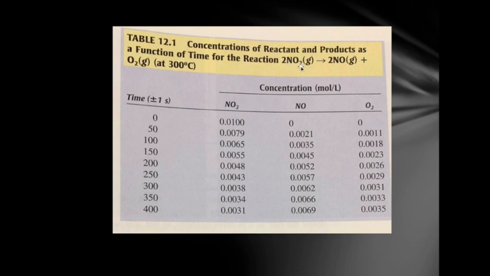2 moles of NO2 yield 2 moles of NO plus O2. You should recognize this as a decomposition reaction. I have one substance decomposing into 2 substances. And we can see that there is concentration versus time data that's given to us. So if we study a graph of this,